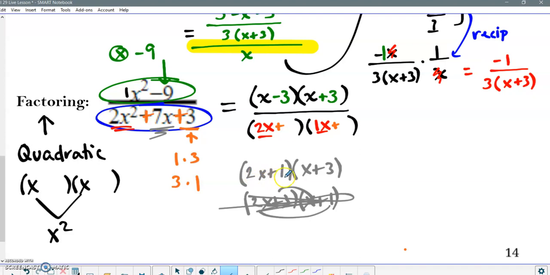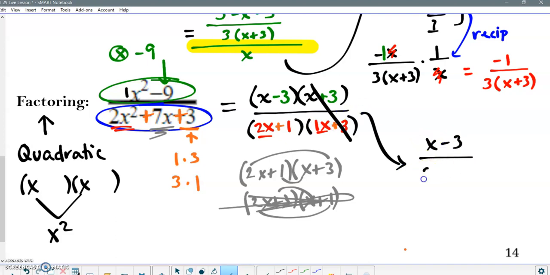So then 2x plus 1, that means the 2 and the 3 when we multiply together, that'll be 6 plus 1x. That's going to give me 7. So that's what I want. I want 2x plus 1, and I want x plus 3. So you just got to kind of play around with it. Okay, and so then we're factoring because there was probably some sort of issue when we tried to plug in a value, and we had to cancel that discontinuity out, and then we are left with the factors remaining after